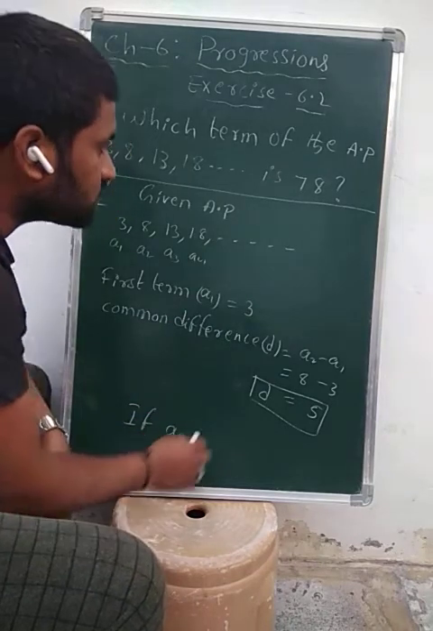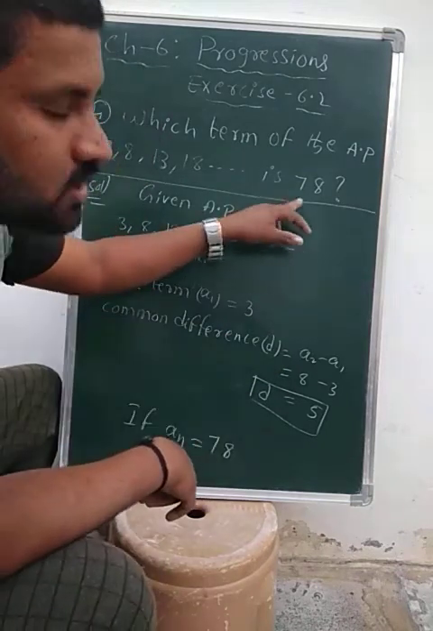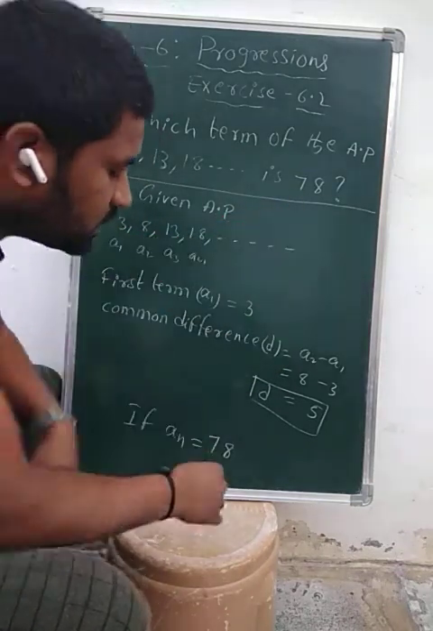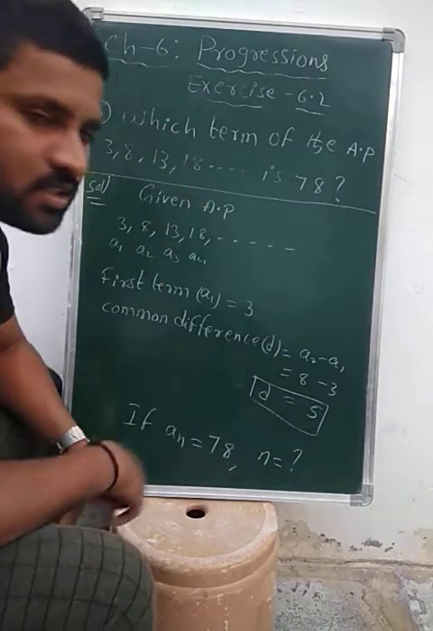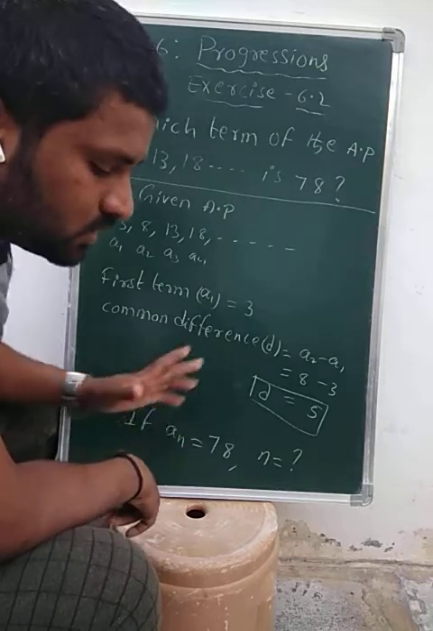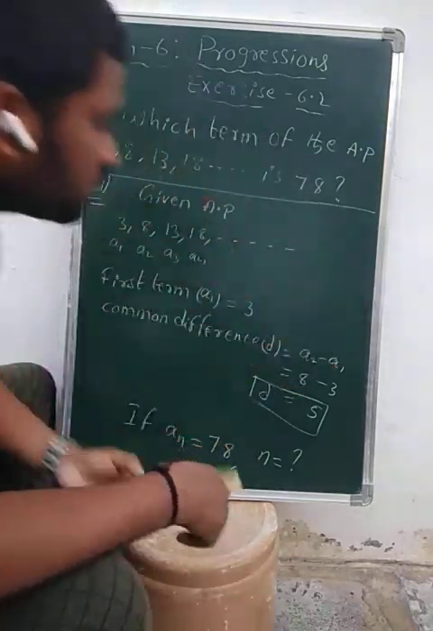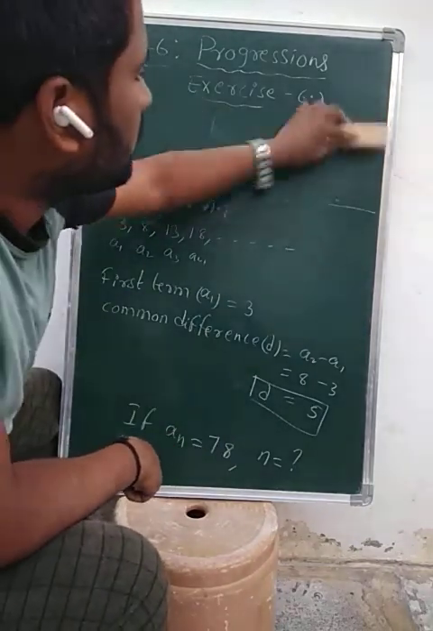And if an is equal to 78, we need to find n, the number of terms, that is, which term it is. Okay, so this is the data. Now